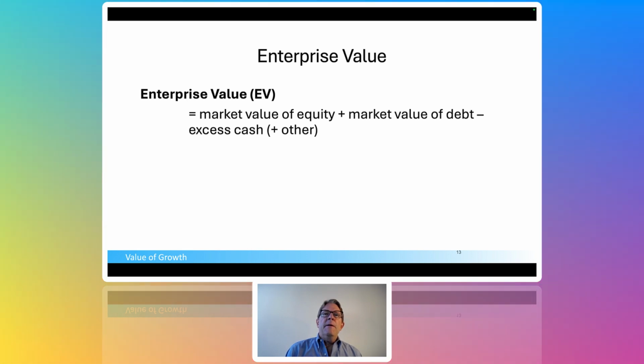That's the missing piece. And I just want to walk you through the logic of how we set that up. All right, we know the enterprise value is the equity market value plus the market value of debt plus excess cash and some other things. I'm going to keep it pretty simple. And the focus really here is on the market value of equity. That is what is dictated by the market. That is effectively your share price is going to dictate your market value of equity. All right, I'm going to point that out because we're going to come back to that.